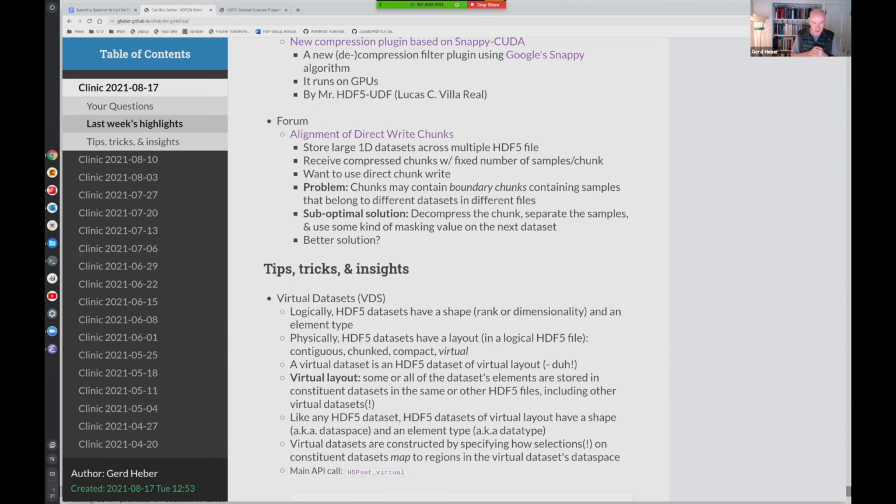However, the problem the person pointed out was that in some cases, the chunks they receive from this instrument contain samples that, since everything seems to be time ordered, sometimes these, what they called boundary chunks, have some samples that belong to one timestamp or epoch, and then there are some samples in the same chunk that belong to the other epoch.